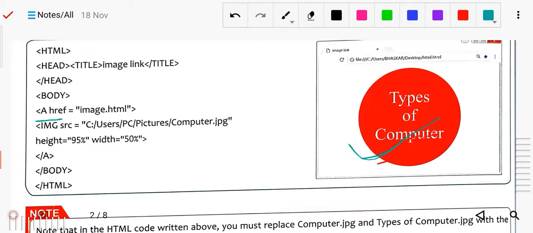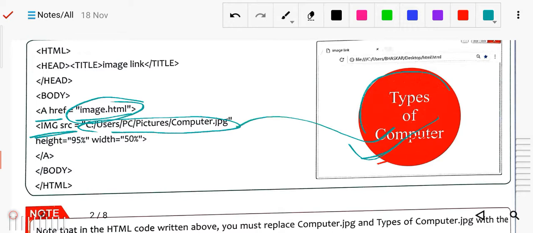Like href, this is the reference, and it will open images.html. Here we are defining the image src, the source of the picture. What is the use of this image src?